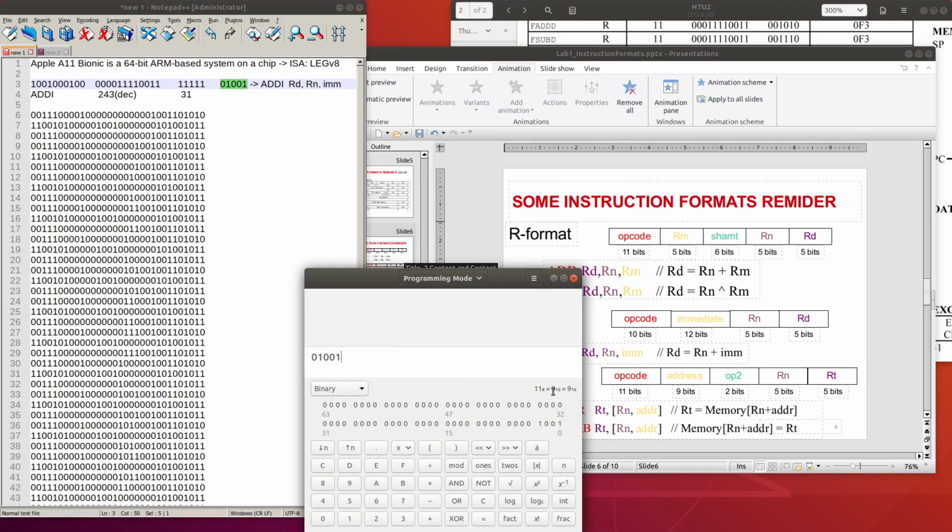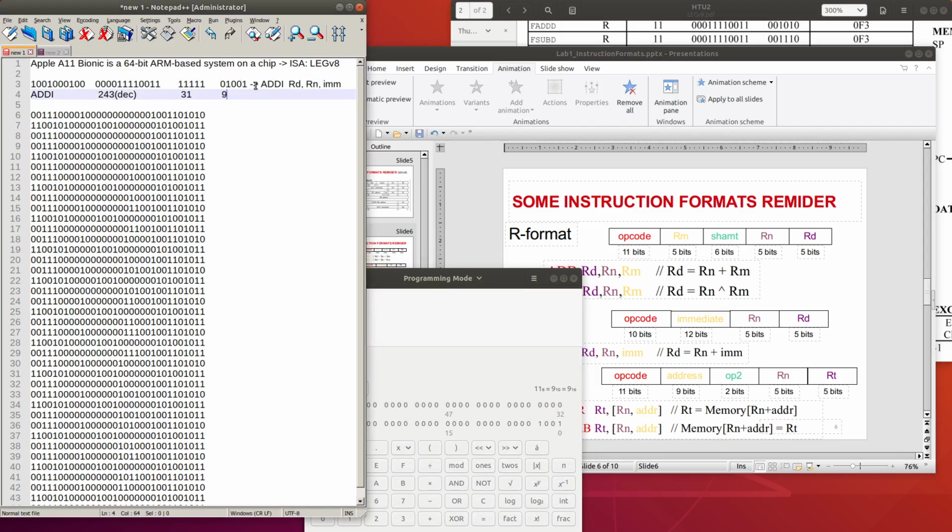So this value for Rd is 9. So this one is the immediate, this 31 is Rn, and 9 is Rd.